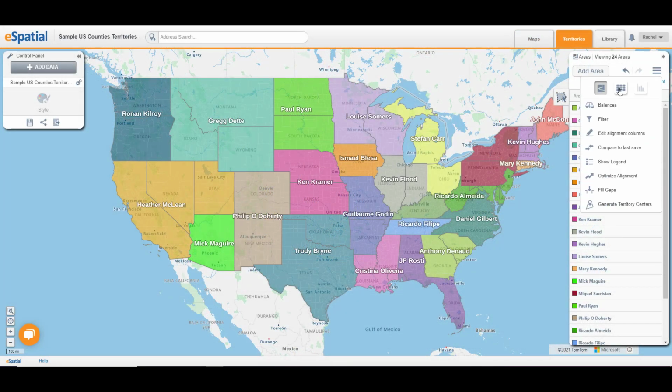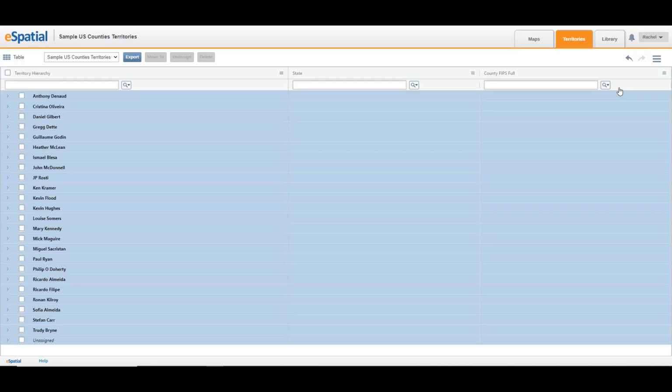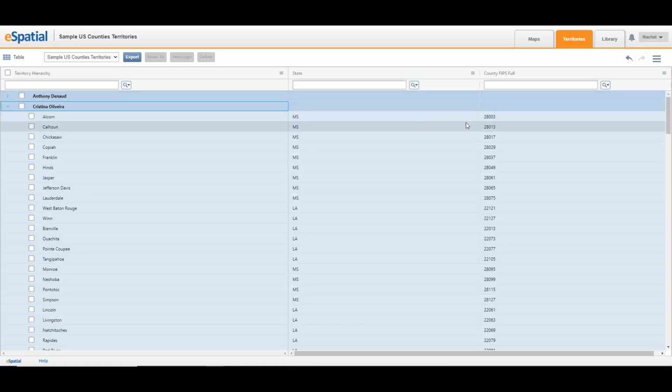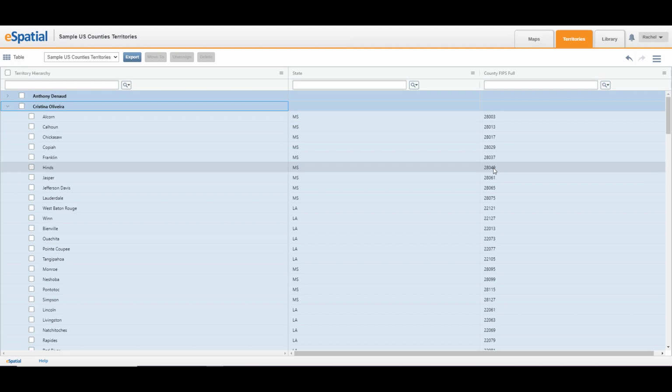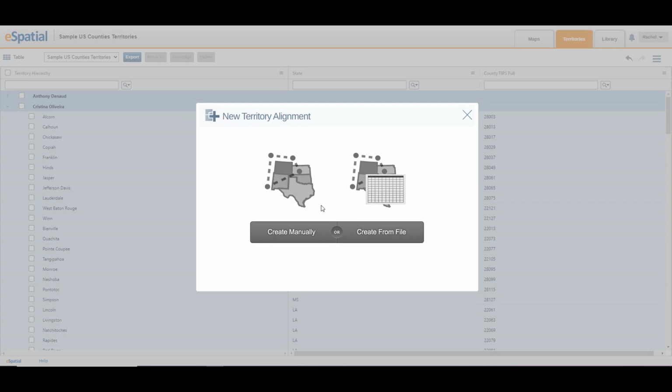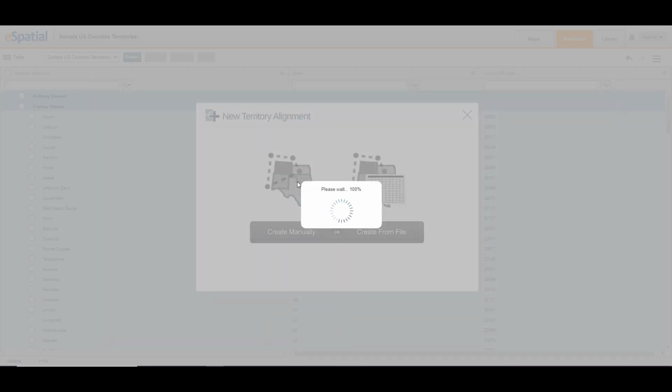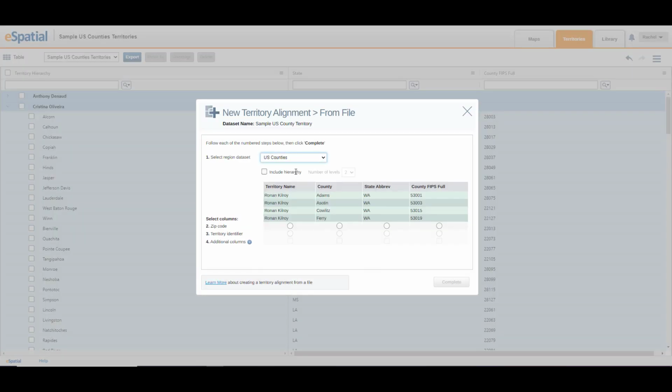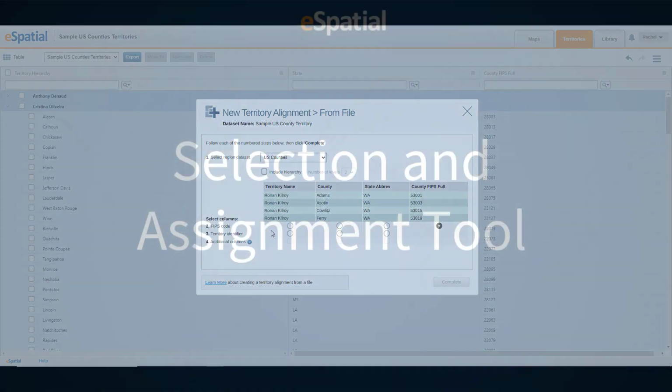We have also updated our US counties dataset in territories to include FIPS codes, as US county names are not unique identifiers across the US. This also means you will need to have a FIPS code column in your territory dataset if you wish to create territories from file using US counties, as your FIPS code will now be used to link your dataset with our US counties boundary layer.